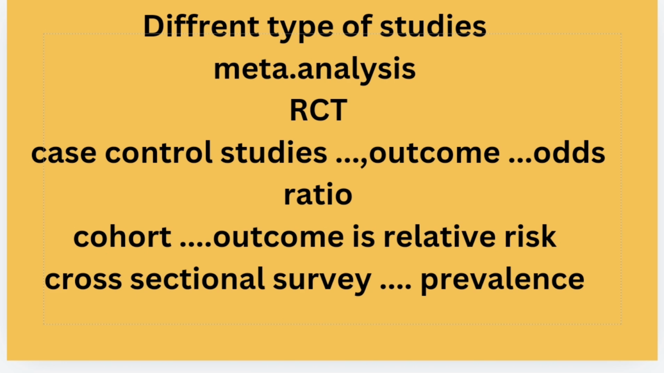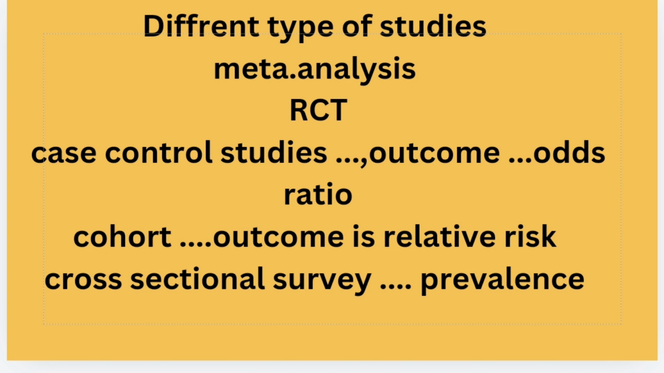Meta-analysis is actually analysis of different randomized controlled trials, so this is the superior study compared to a randomized controlled trial. Randomized means that some people are randomly assigned an intervention, while another set of people are not assigned to that intervention. Then case control studies, obviously these are retrospective studies, and they are cheaper because it is